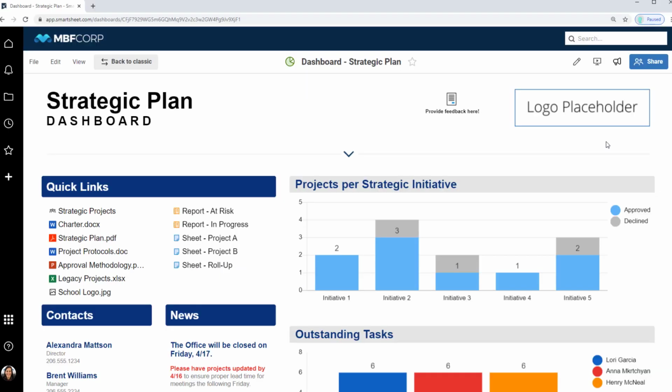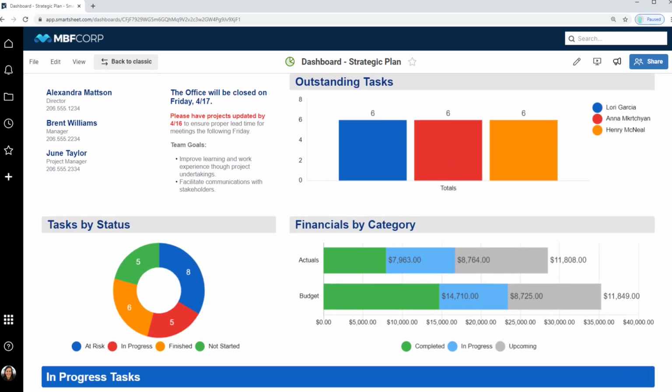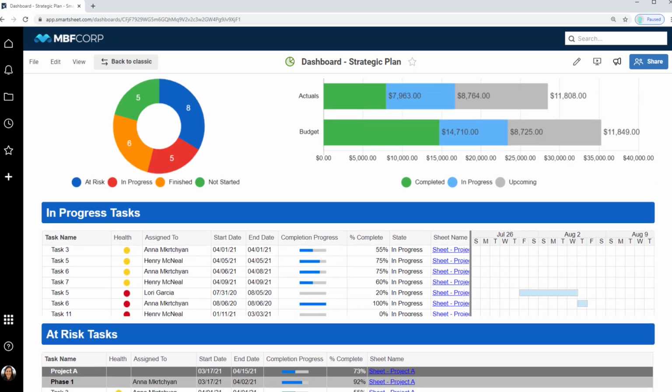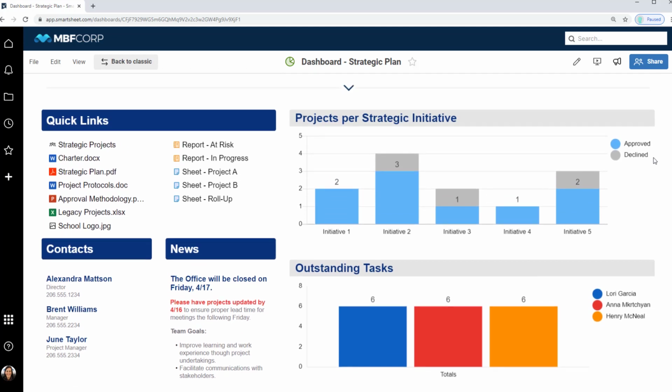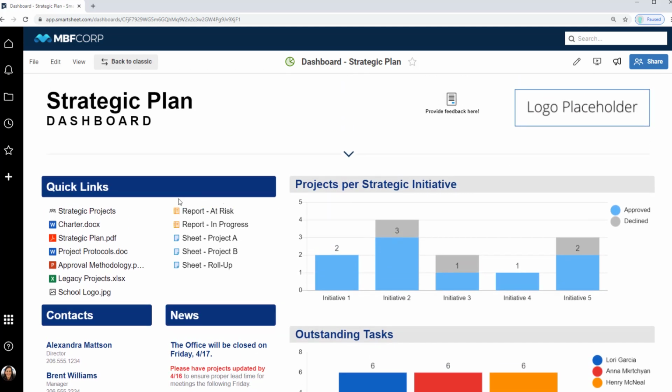The strategic plan template set that we're using for today's demo came with a dashboard that's going to surface critical information from our underlying sheets, reports, as well as sheet summaries. And this template set also includes additional information like links, shortcuts, text, and images. We're going to take a minute to review the underlying sheets and reports that we're going to then surface within